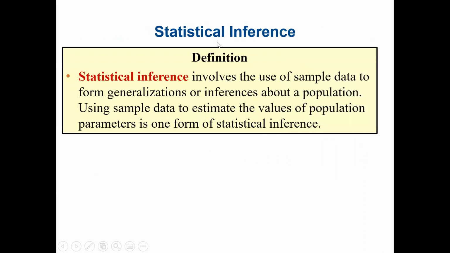Next, we talk about statistical inference. Again, we will get more detail on this topic from chapter 8 of our course textbook. Here we say statistical inference involves the use of sample data to form generalizations or inferences about a population. For example, using the sample data to estimate the value of population parameters is one form of statistical inference. And this concept comes in, for example, in hypothesis testing. We may cover different types of hypothesis testing, both parametric and non-parametric, such as sign tests, even regression,